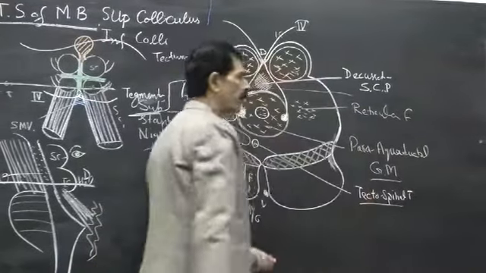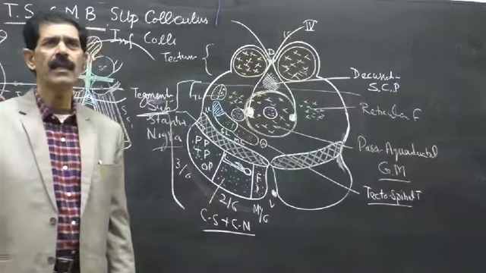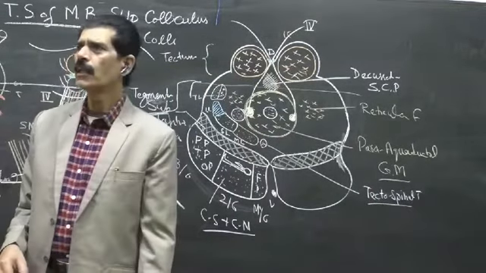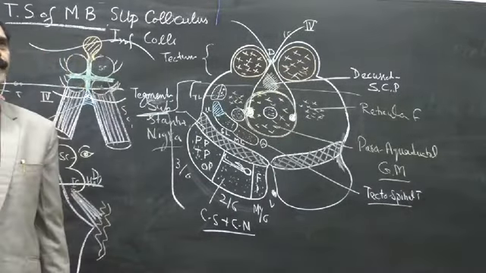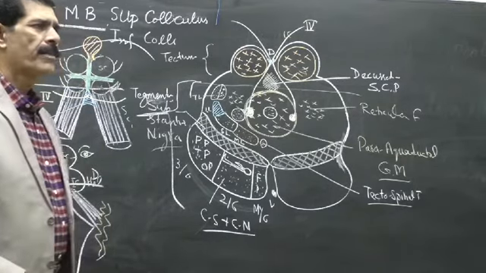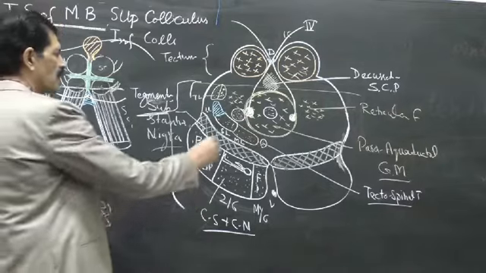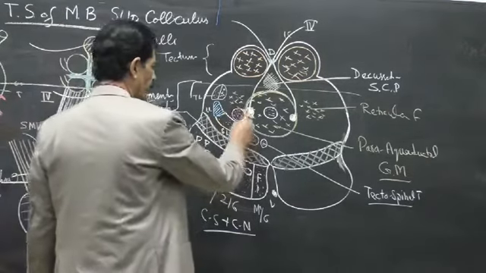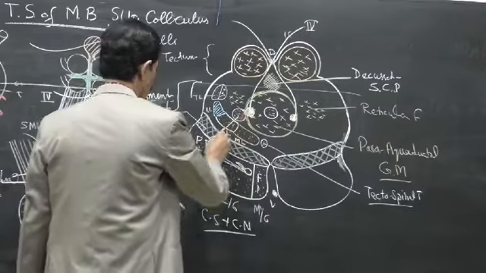Tecto means it is coming from the tectum of the midbrain, and spinal means it is going into the spinal cord. So it lies in the ventral funiculus of the spinal cord, and this lateral bundle is called